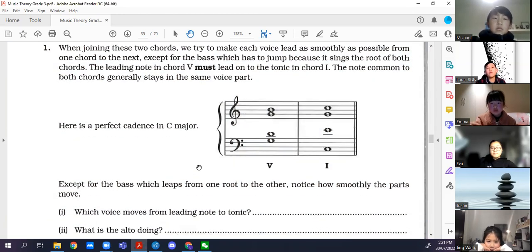And who remembers the most important rule of perfect cadence writing? Something I always say to you guys whenever you're writing perfect cadences. The leading note has to